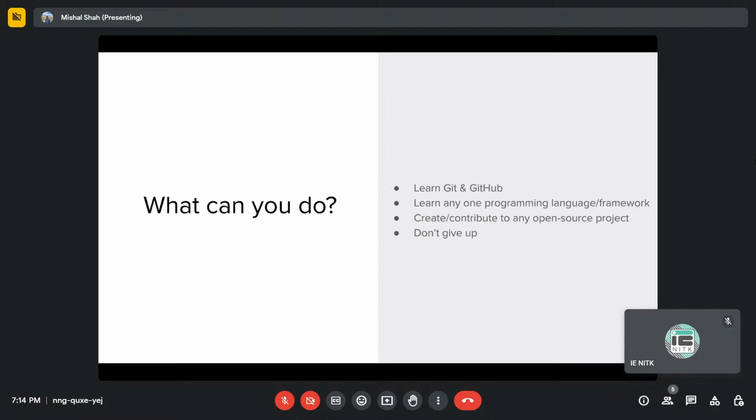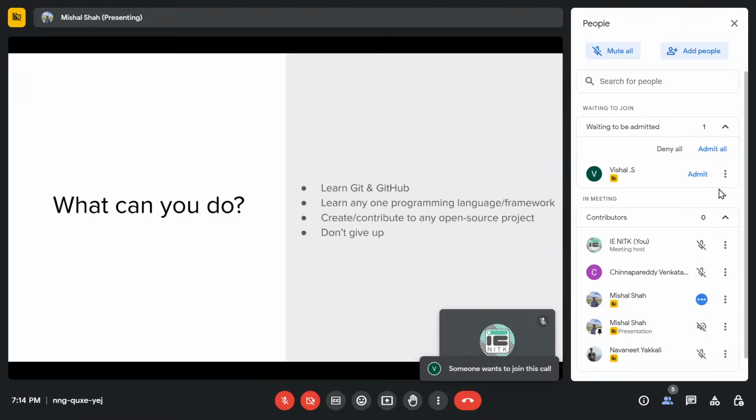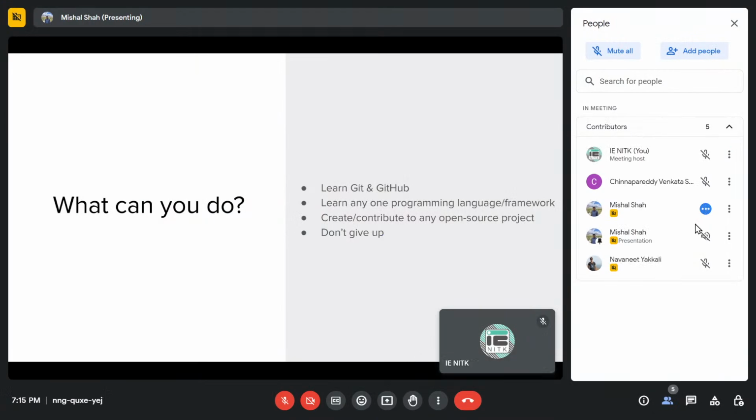And the creation of a new software project should not be as complicated as, oh, what should I be creating? Even as simple as your assignments in college or whatever you're doing in your free time, you could host them on open source, and you'll see a lot more people using it, actually getting value out of it, and some even contributing back. Let's say you have added 3 algorithms and one of them is missing, you'll see someone contributing it back also. So that's how open source will start.